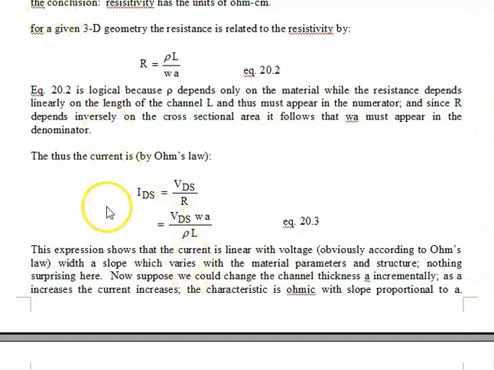And now we can just use Ohm's law. Current is equal to voltage divided by resistance. Substitute for the resistance from equation 20.2, and we get equation 20.3. And this is our basic equation. We're going to vary the VDS. We're also going to find a way to vary the A, and both of those will give us IDS,